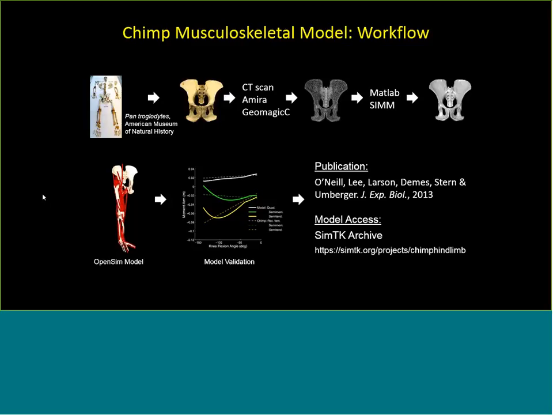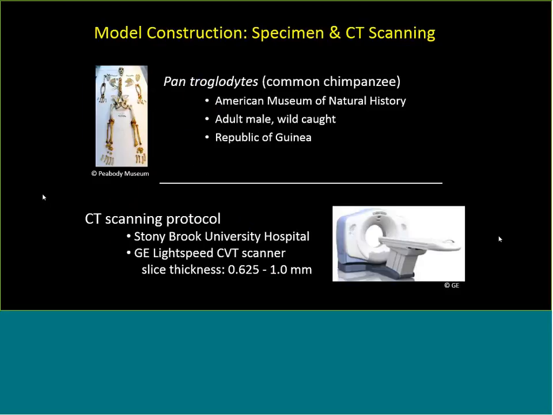Our chimpanzee pelvis and hind limb musculoskeletal model was published in the Journal of Experimental Biology in 2013, for anyone who's interested in getting more details than what I'm going to talk about today. And a freely accessible version of the model is available on the SimTK website, the same place where you access the OpenSim software, for anyone who wants to download it and try it. So the rest of my talk is going to focus primarily on the development and validation and use of this